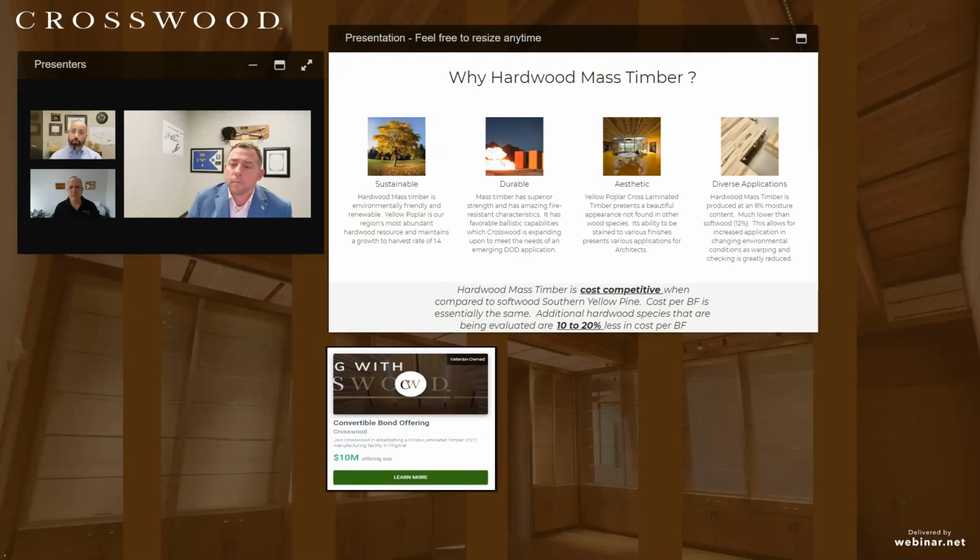So just across the entire Appalachian region, if you average it out state to state, we've got way more yellow poplar available than what we're currently harvesting. So we're taking advantage of that underutilized resource. And mass timber is already proven to have superior strength and amazing fire resistant capabilities, and the natural properties of